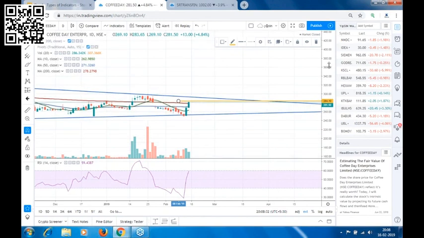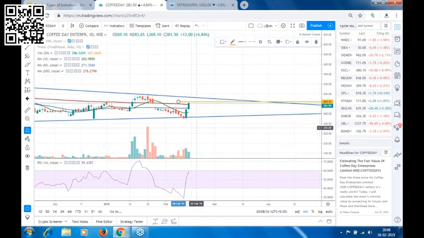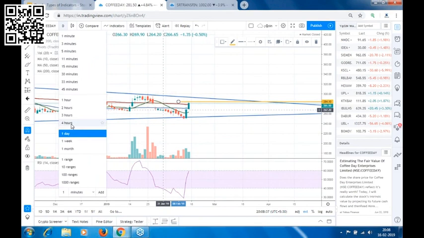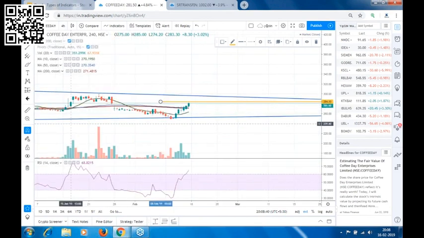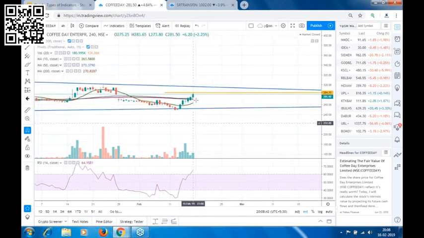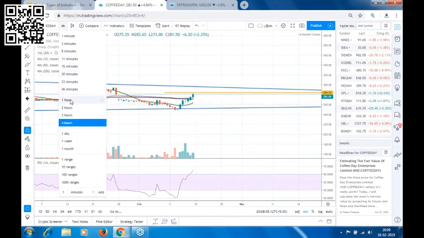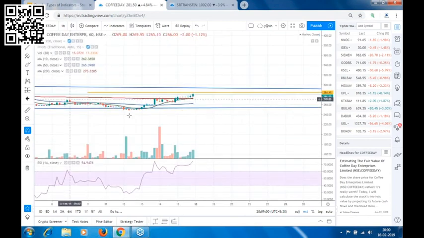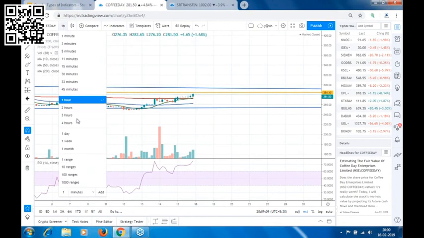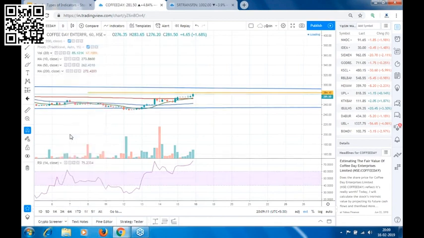But now we have checked the weekly chart, we have checked the daily chart. Now we will also check the 4-hour time frame. See, in the 4-hour time frame, the stock is above the 50 period moving average and 200 period moving average. Your RSI is also above 60, and your 10 period moving average is in an upward direction. Okay, no problem. And then we'll check the 1-hour time frame. Even in the 1-hour time frame, the stock is above all the moving averages. So the only resistance that the stock has got is in the weekly time frame, that is around 282.